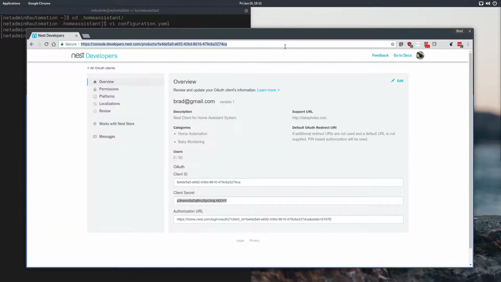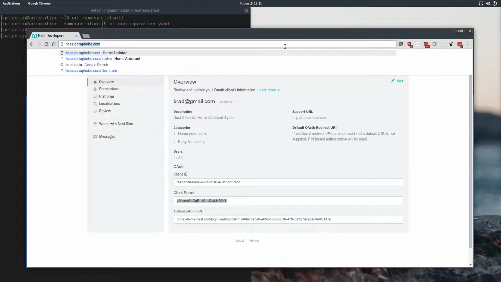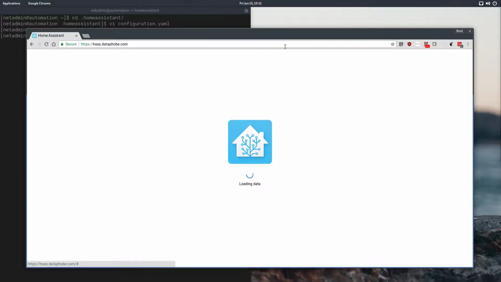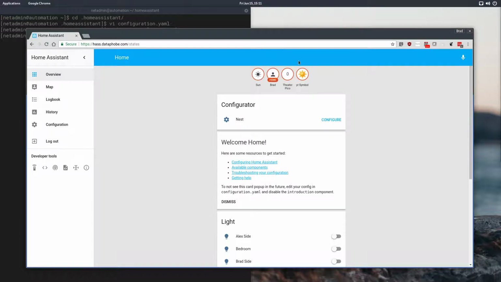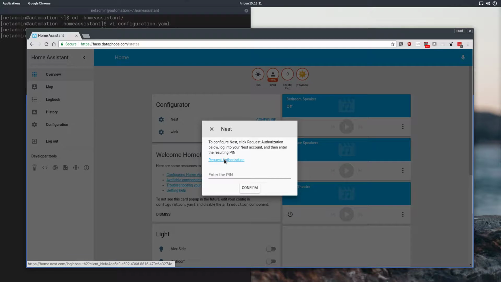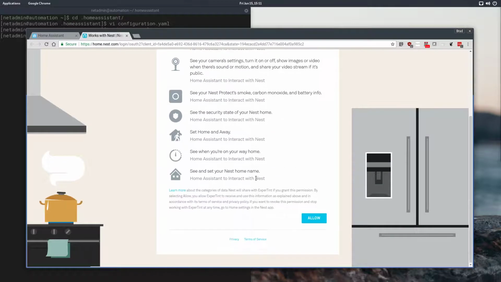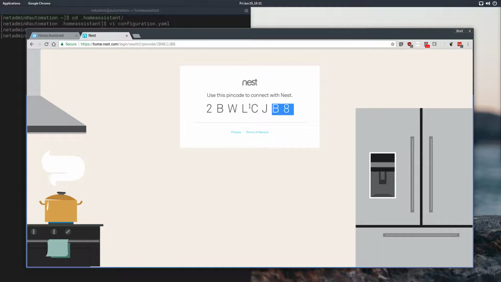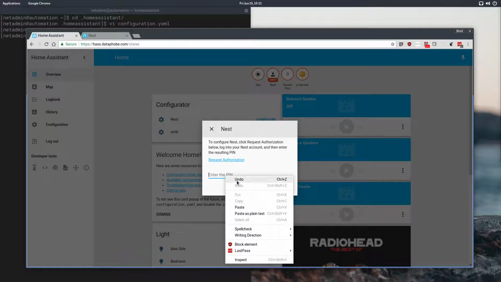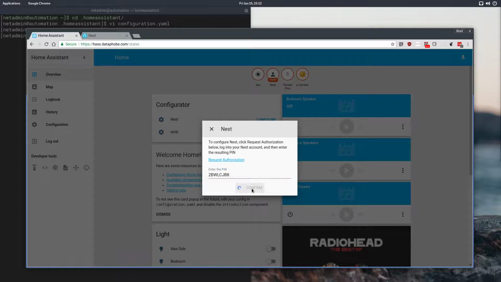Okay, so now if we navigate to our Home Assistant instance, we should be able to see the Nest is a part of it. Okay, so we see the Nest configurator here, and we're going to click Request Authorization. We're going to sign into our Nest account. Or actually, it's already signed into my Nest account for me, just because of Google Chrome's caching, and it's given me this PIN code. This PIN code I'm going to paste back into here, confirm,